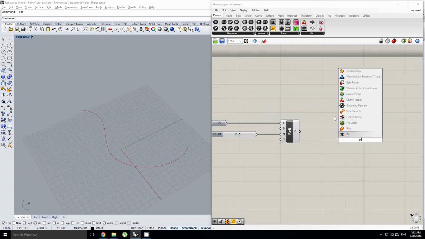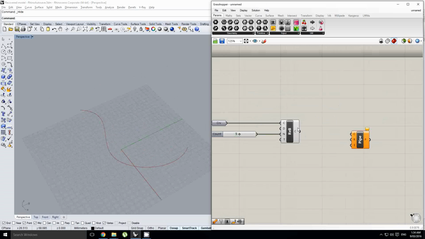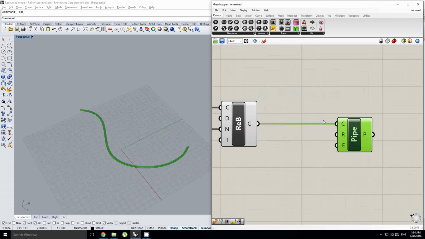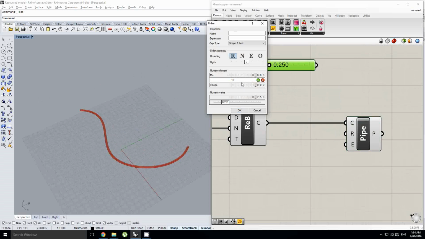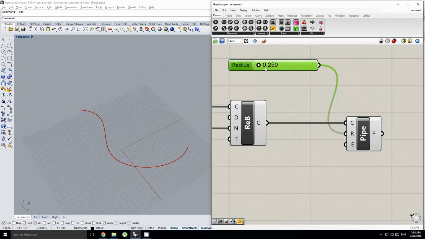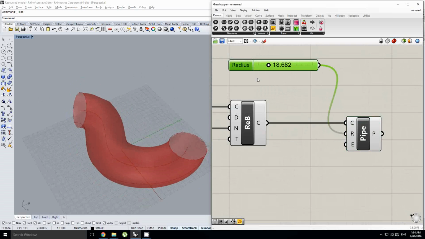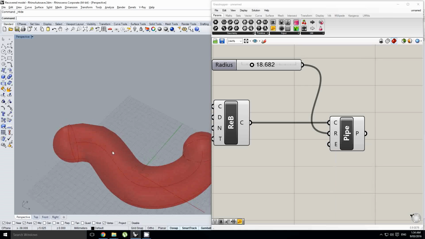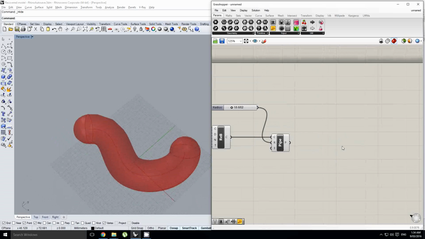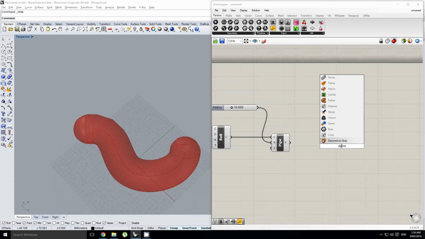And what we're going to do is we're going to pipe this, and we'll increase our radius up to 100, and somewhere around there is good for me. And we're going to change the end cap style from none to round. Alright, now what we're going to do is we're going to deconstruct this brep,